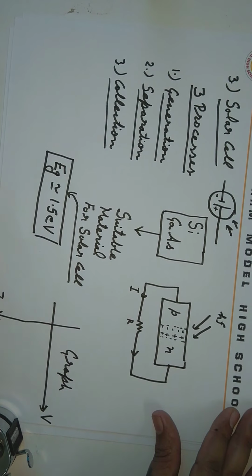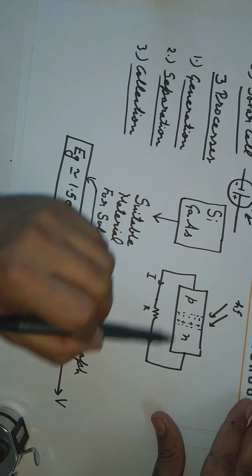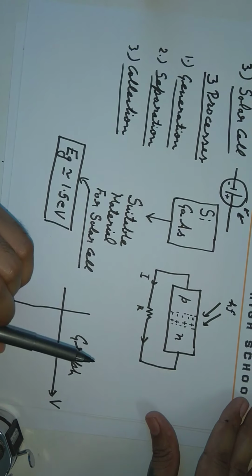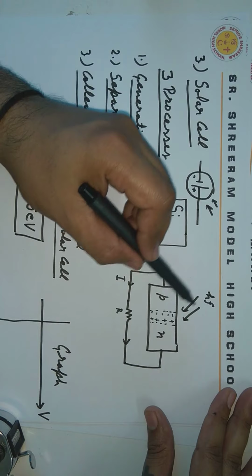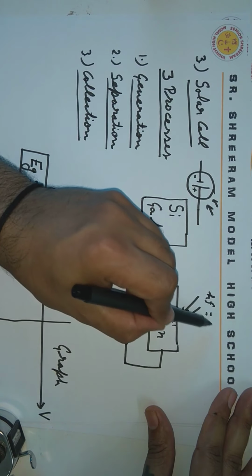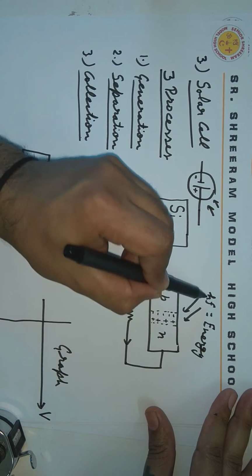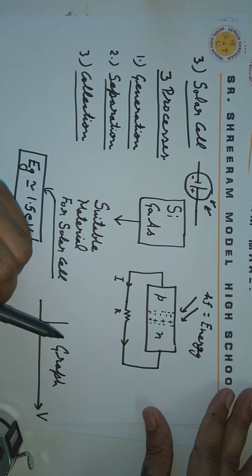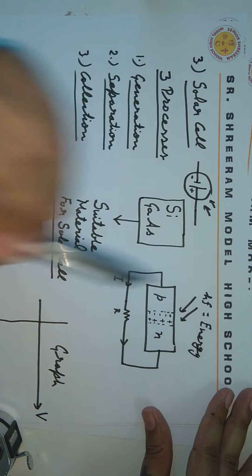And what good does this make? I will just discuss it. So this is the actual diagram of a solar cell, and this is its symbol, as I already told you. Light of this energy, which is the energy of one photon of light, where h is Planck's constant and f is the frequency of that photon, falls on the junction of this solar cell.